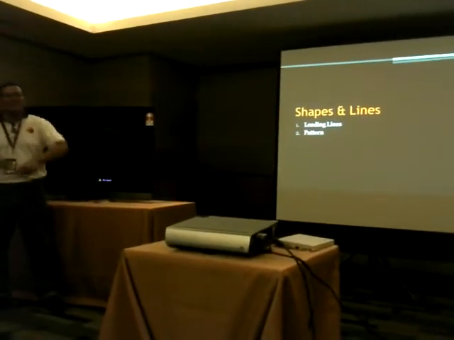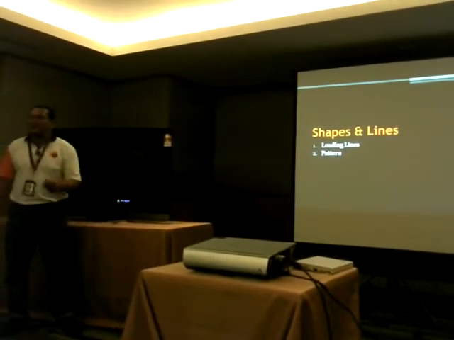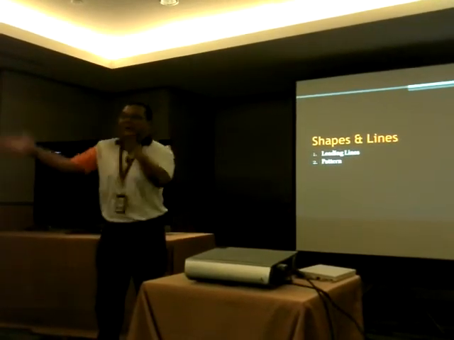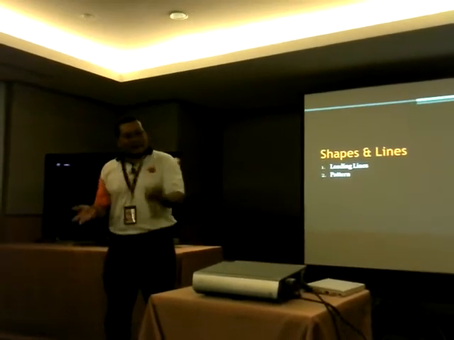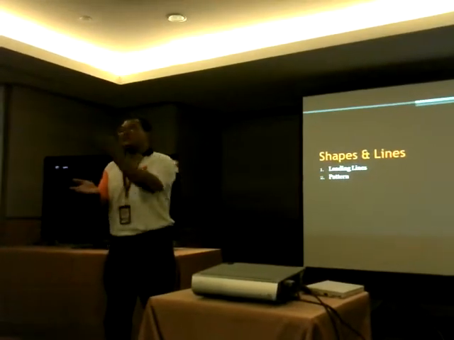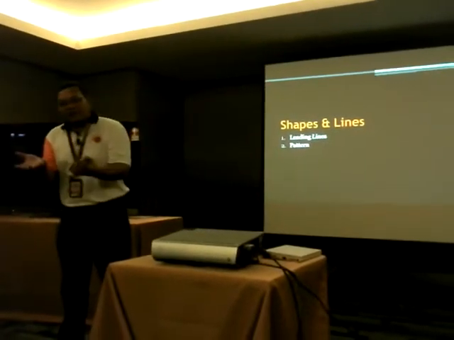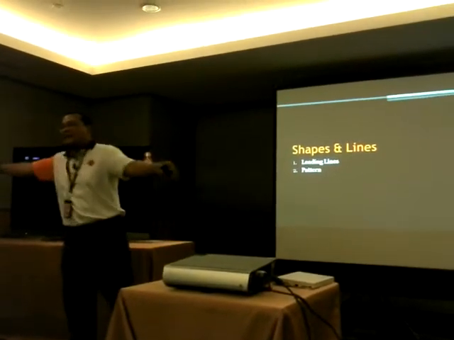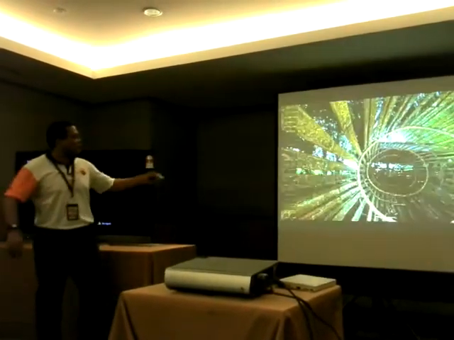Okay, let's proceed to shape and line. Whenever we look at shape and lines, first of all, we have lines. Whenever we have lines, intersection of lines, then we can have patterns. So patterns can make up a surface and then it creates shapes. So when shapes become one object, another object, then we can create a relationship between them.